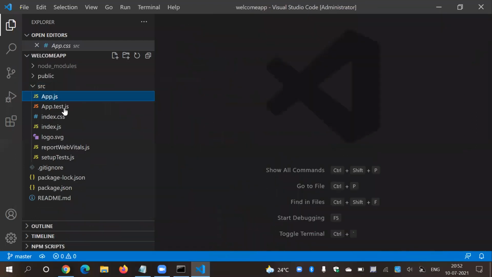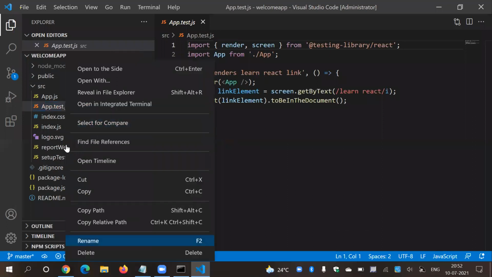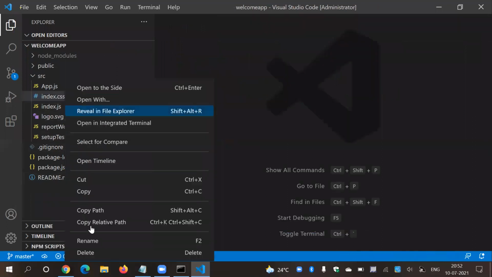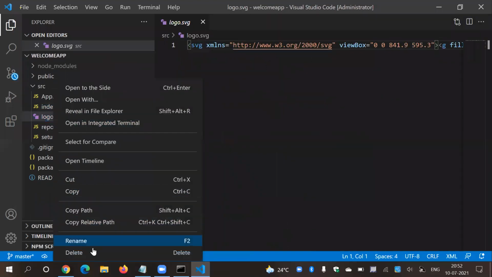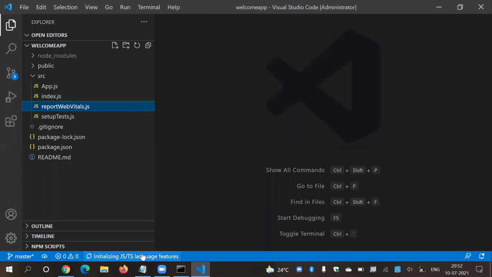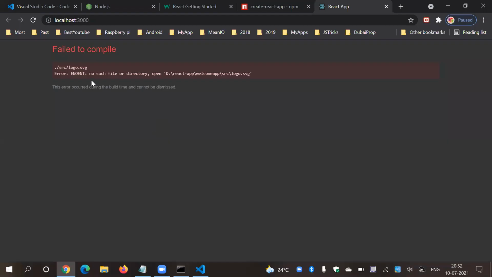Again, this test file. Again, this index.css, just remove it. And this logo also, please remove this logo. Just make our project smaller. Awesome. So if you go to your browser, you will see an error, failed to compile, because logo is not available, app.css is not available.